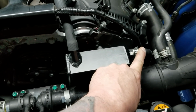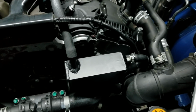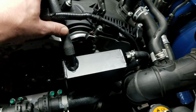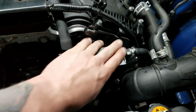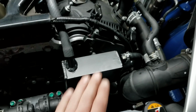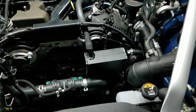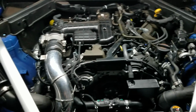You got your fresh air coming in from your filter over here, going up, pulling into the engine when the PCV, which is over on the other side of the engine, is in operation. When you go full throttle, this has some crankcase pressure in it. The crankcase pressure gets blown out through this can, blown out of this line, down into your intake, sucked through your turbo. This is an important catch can. It's a very, very important catch can to have because that's the one that ends up putting all the contamination inside the system on the